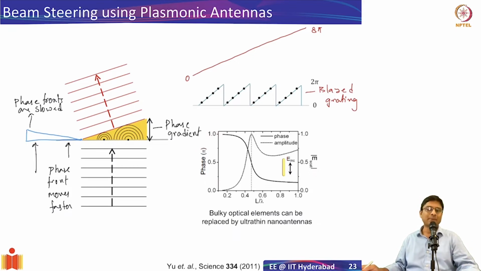And now suppose I'm able to pick up the sizes in such a way that, for example, I'll pick up 4 points. Let's say I picked up these 4 points. That means I'm picking up that particular size, L by lambda. So this is a small size and then a big size. If I arrange these antennas, let's say one small antenna, a bigger antenna, a still bigger one, and a still bigger one, then I'm introducing different phases across that. So essentially my triangular phase front, that is the ideal phase front for the blazed grating, I can sample it with plasmonic antennas.